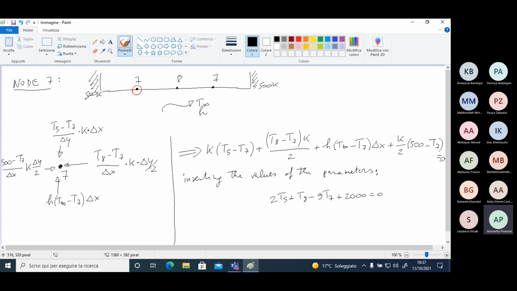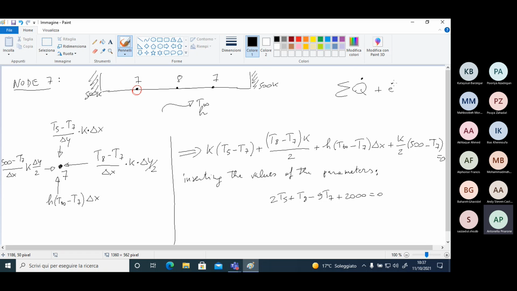When you finish to copy, I explain. If you remember the boundary condition where the summation of all the heat transfer rate that arrive on my node,